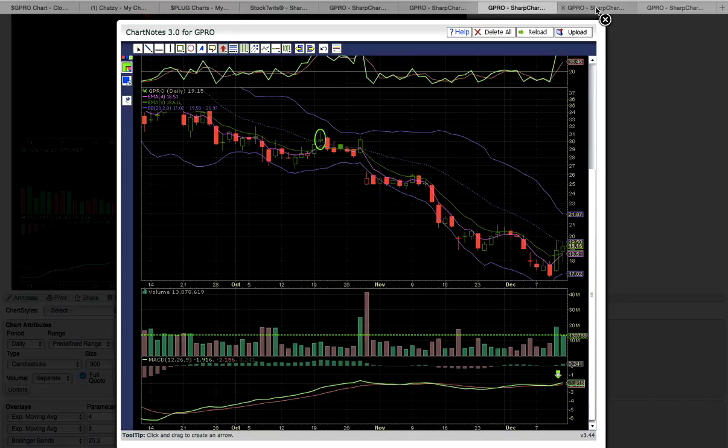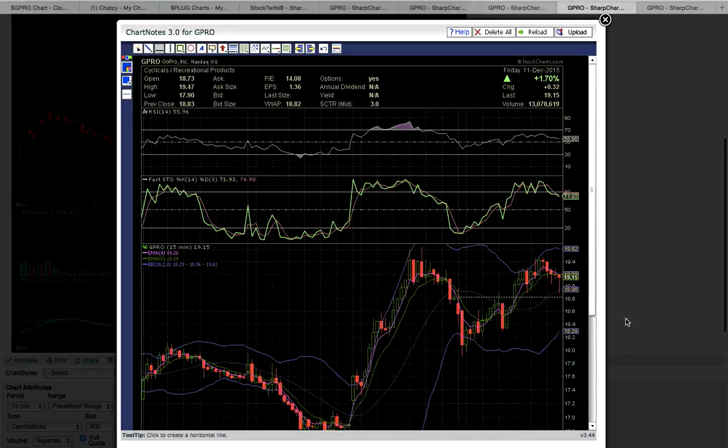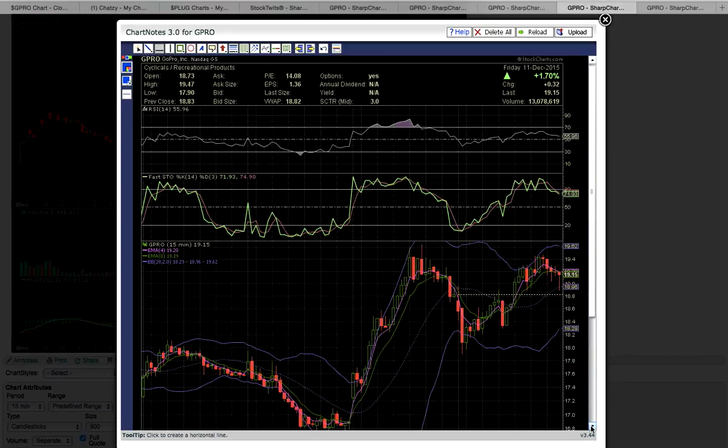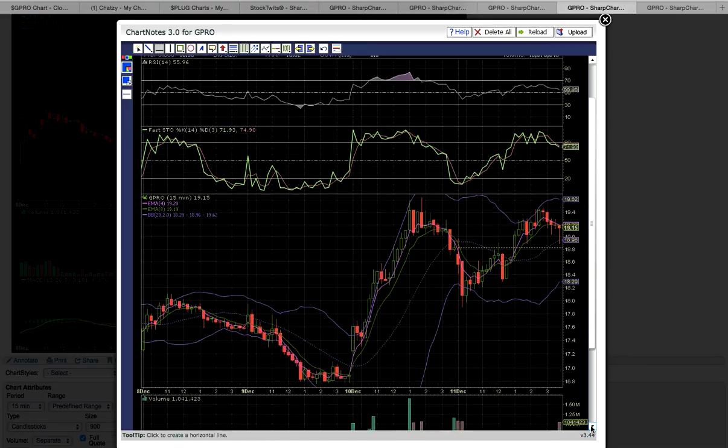Okay, now the next charts are the charts that really tell the story. This is the 15-minute chart, and each candle on this chart represents 15 minutes of trading as opposed to one day of trading. What this is showing is the big move on the 10th above the middle Bollinger Band. As you can see, a nice uptrend started, and there was a run up here to 19.40. The 19.40 zone is like the key resistance zone. There was a run above it into the 19.60s, and then there was a pullback